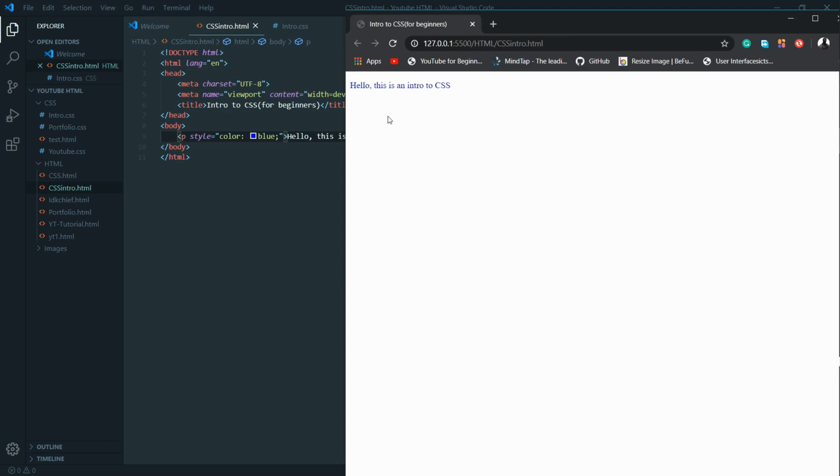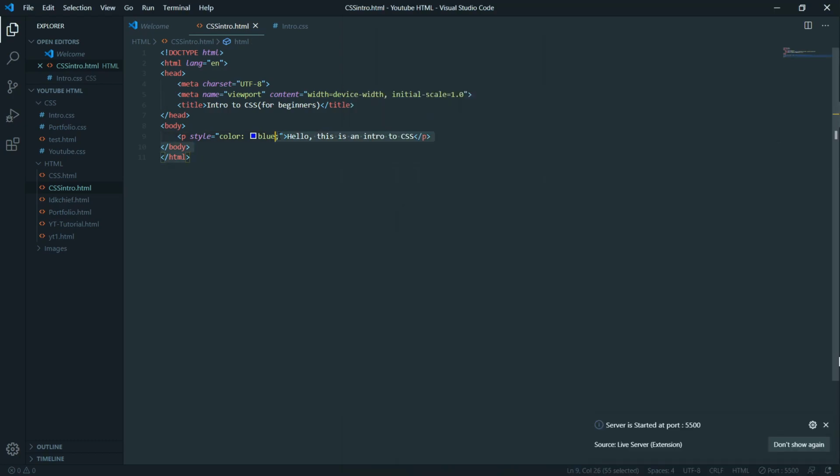All right. So we see here it says, "Hello, this is an intro to CSS." Nice. Now let's say I want to center all this here. I can do it with CSS. Very simple. So now I add the attribute